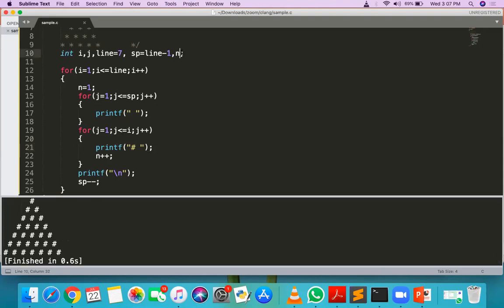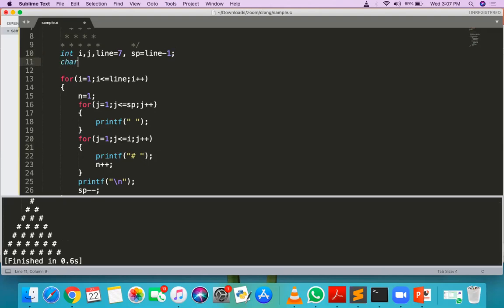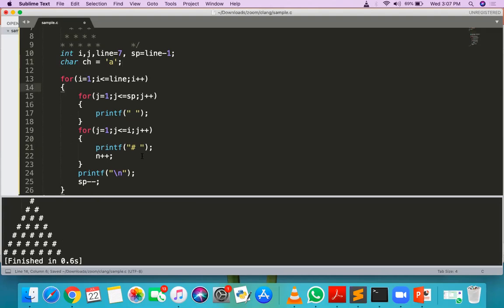Instead of that, if there is one character variable, character ch equal to, suppose, small a, and here I'm printing the character value of ch and then ch plus plus, the output is a b c d e f g h i j k l m n, like that. It is very similar to your integer value. You are incrementing the integer value, and here you are incrementing the character value.